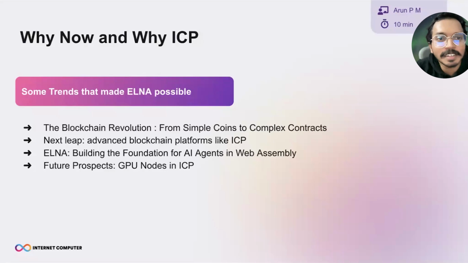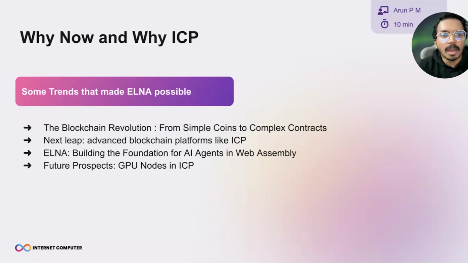And the main question: why ICP? We have been working on this project for the past 1.5 years, and I have over 10 years of development experience. The difference between an AI program and a normal set of programs is that we need a huge number of instructions to be executed, because the program is developing by itself. So the number of instructions executed is very important, as well as the size. I'll explain more about this in the coming slides, but these are among the most important factors in why we chose ICP.